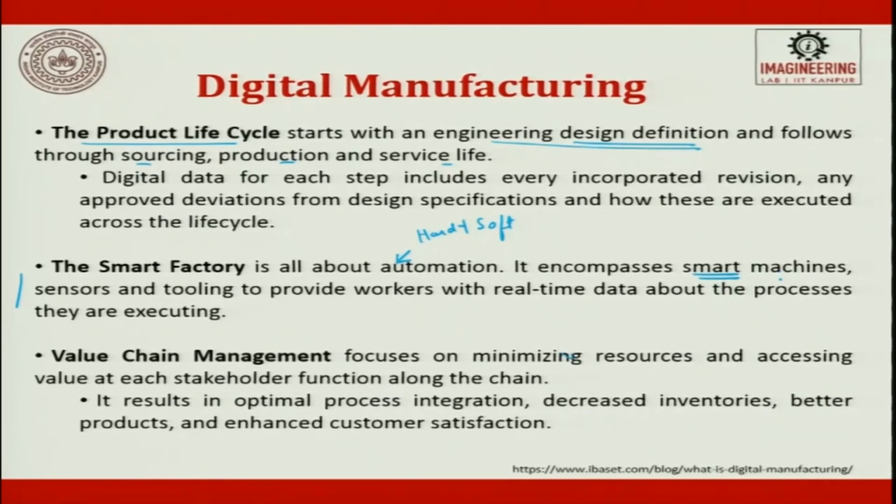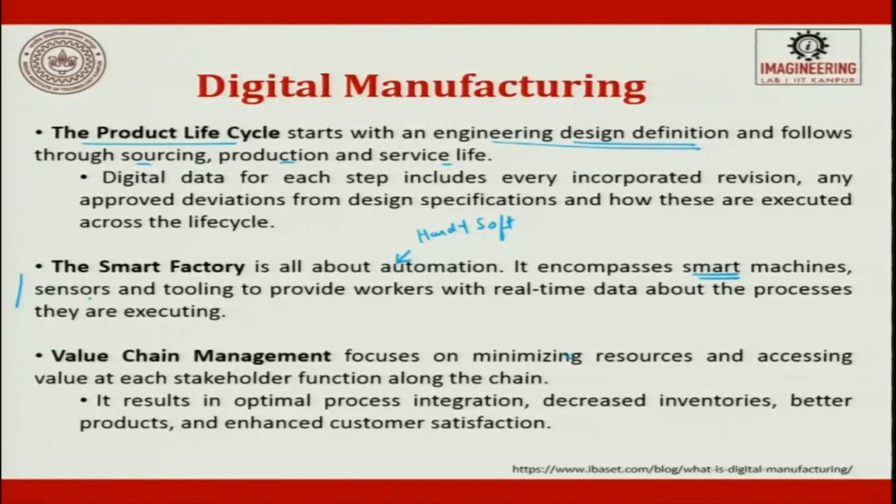In Japan, in the year 2000, they demonstrated a desktop factory, a complete factory which has come down to a small desktop. They make plug and play assembly on a table where it has holes. So they assemble machines and disassemble machines depending upon the product requirement. The concept was very much appreciated then, and now it has come into implementation. Wherever you want a product or a part, immediately the factory moves to the spot, makes it to the customer requirement and then starts selling it. So, smart machining, sensors, tools to provide workers with real-time data about processes they have executed.